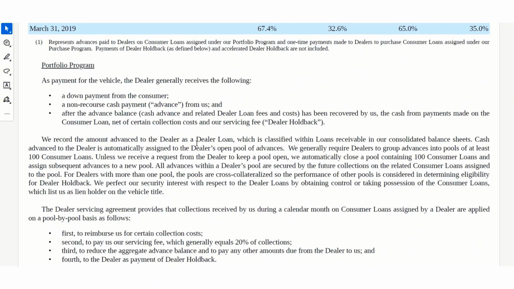All right, portfolio program. As payment for the vehicle, the dealer generally receives the following: a down payment from the consumer, a non-recourse cash payment advance from us, and after the advance balance, cash advance and related dealer loan fees and costs has been recovered. All right,